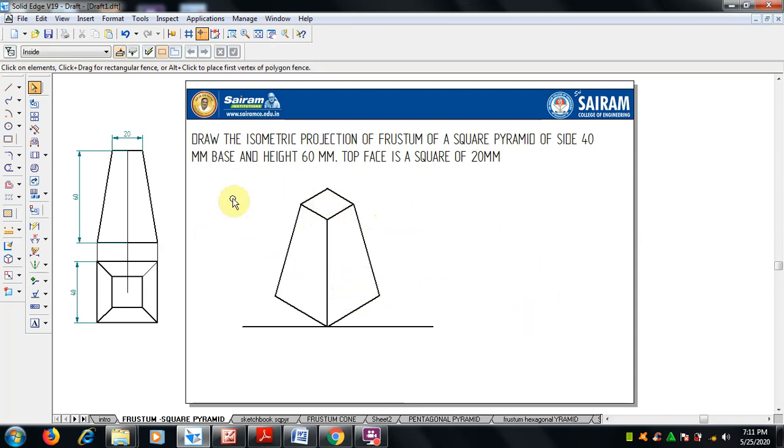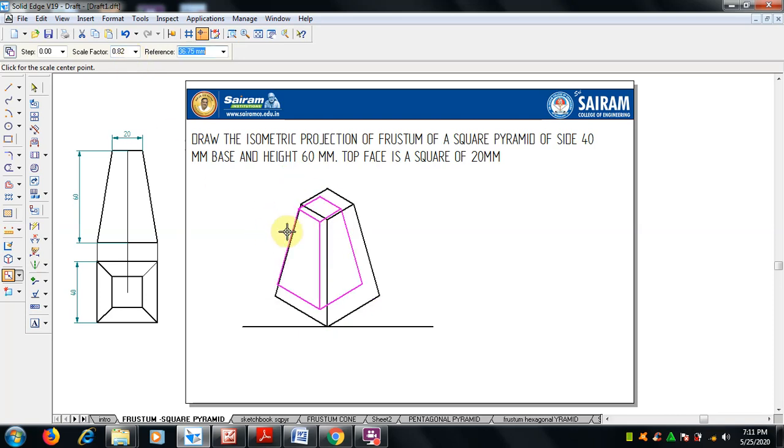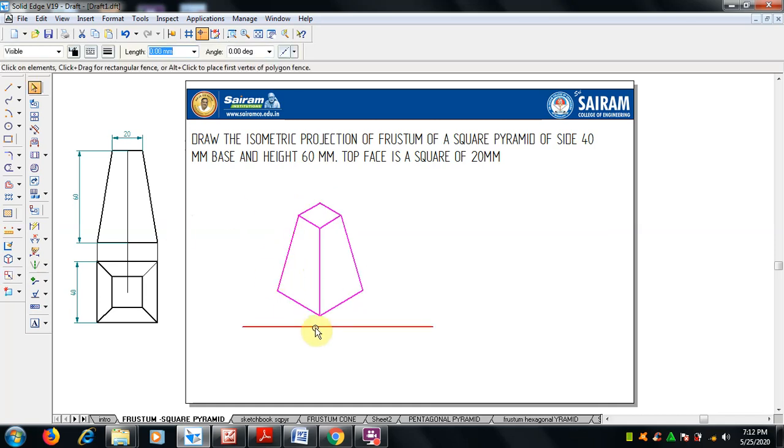But in this case, once the square pyramid is done, what we have to do is, because it's full size, whatever it is, true size 40 and 20 we have drawn isometrically, but for isometric projection we need a scale factor, that is 0.816. Select this fully. Okay, I am selecting this and going for the scale here. So the scale factor 0.816. So now this is the real one. Now don't keep any copy of it, just keep it like this. So this is done.